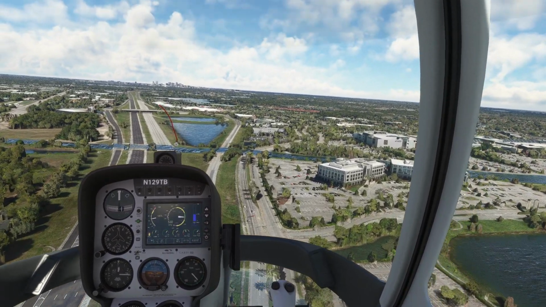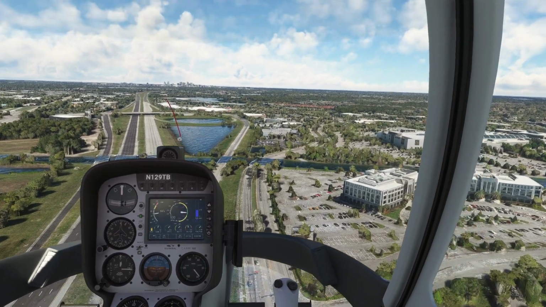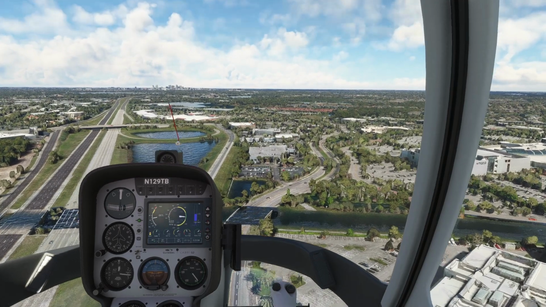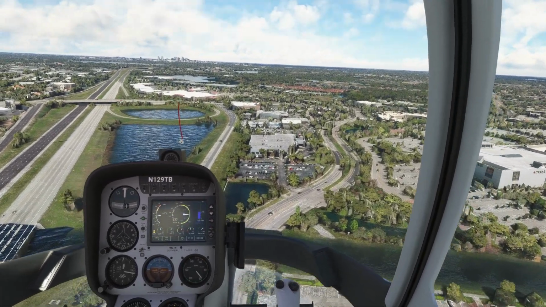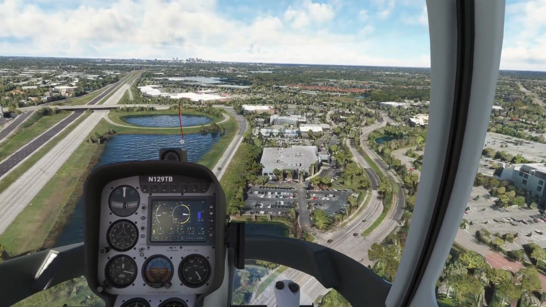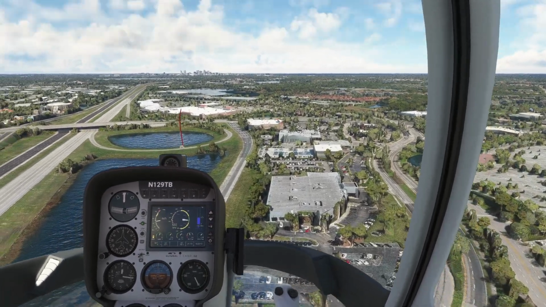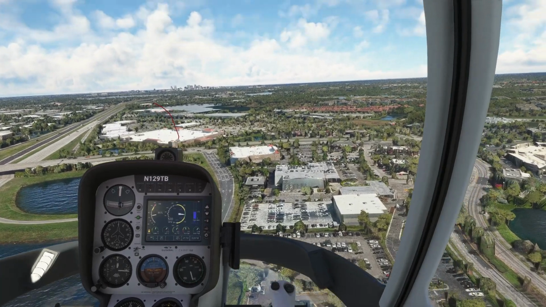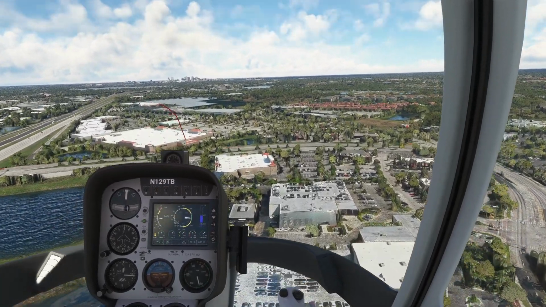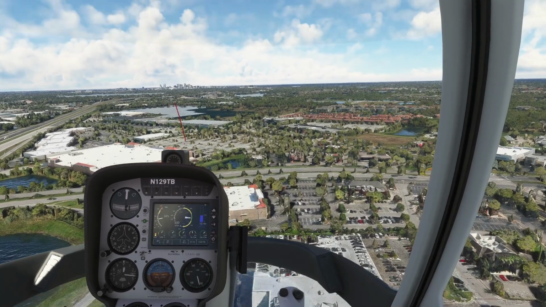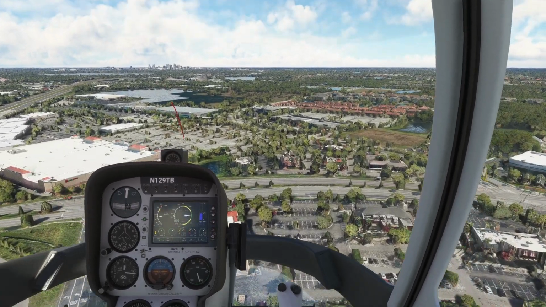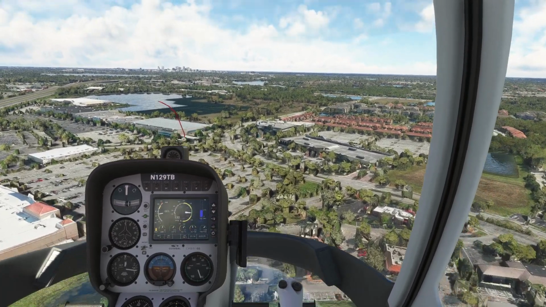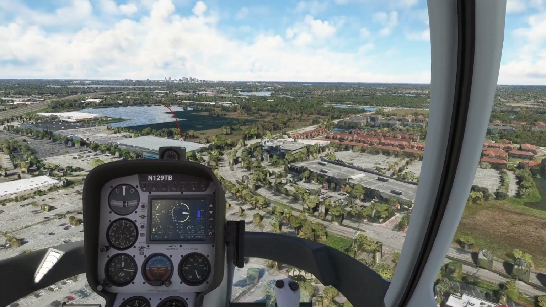So yeah, I definitely think that Orlando is a city that should be very, very thoroughly gone through to get some high quality upgrades as far as, you know, like a world update. It doesn't even have to be a world update. It could be just like a small points of interest update. And I'm very surprised that they haven't gone through and done it, because